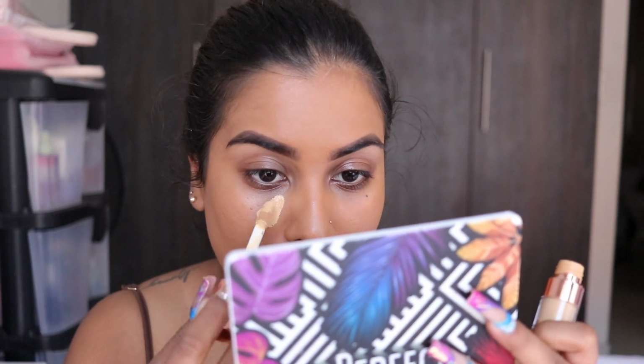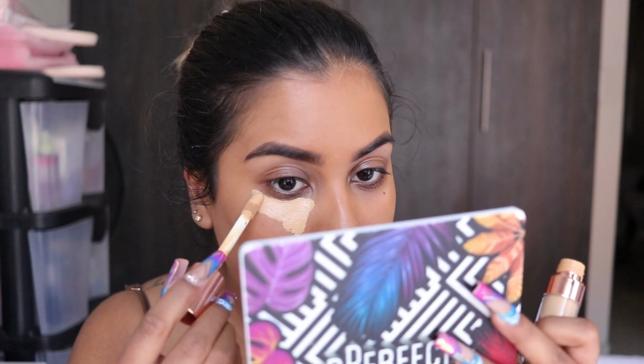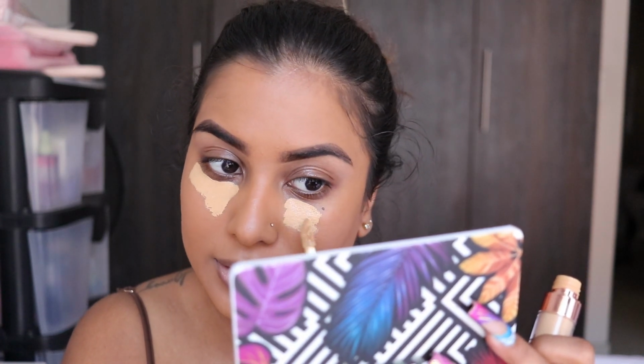Okay, next I'm gonna go in with concealer. This is the Tesh Beauty Concealer. Definitely one of my all-time favorites. My nose is itching. Really enjoyed this concealer. This is the shade C290, and as always I'm gonna highlight under my eyes,